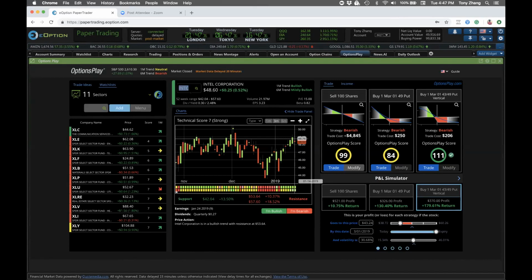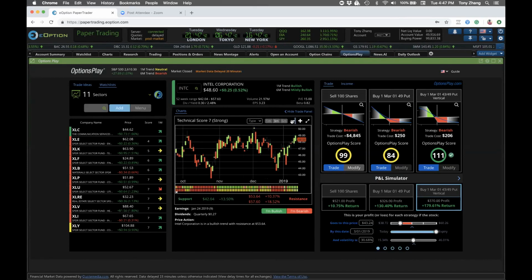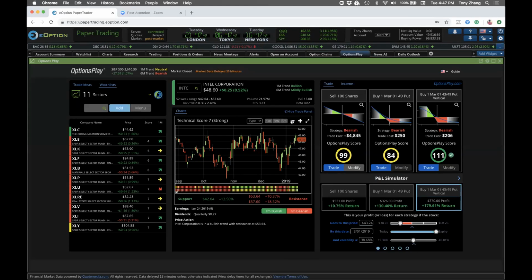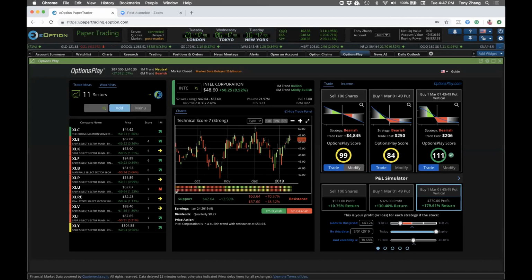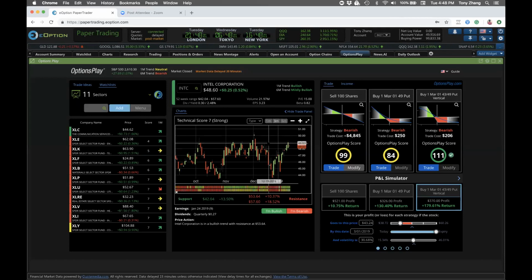Let's look at Intel. Intel is a technology stock. This is a stock that is quite interesting because during the December sell-off, as all the other tech stocks have really taken a huge drop, Intel did not actually move down by much. It moved from 49 down to about 44, and actually today recovered back to that 49 level. That can't be said for most other tech stocks. So this is a stock that I think on a relative basis is relatively strong.